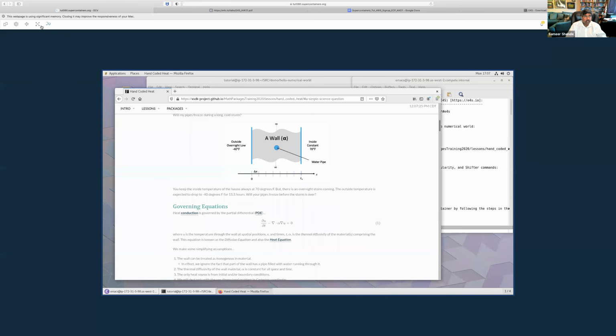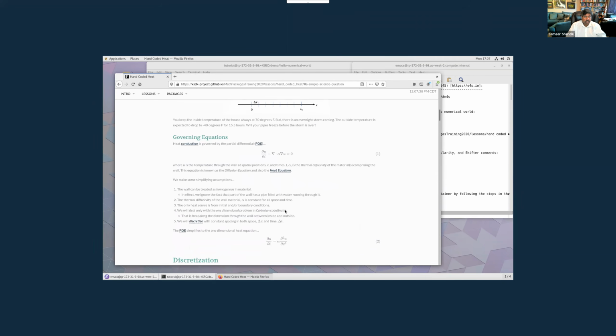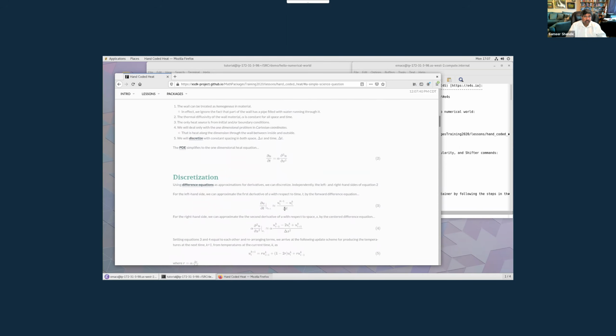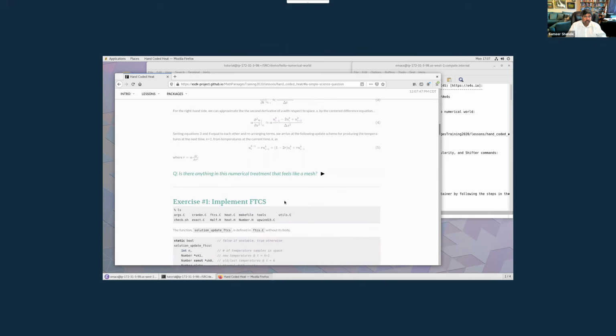And here is the equation that we will be solving. Now, in this example, we are going to discretize the numerical equation, and we'll be solving this. Here is the